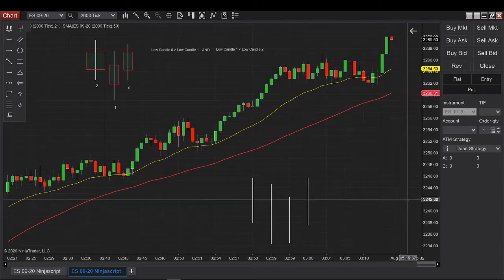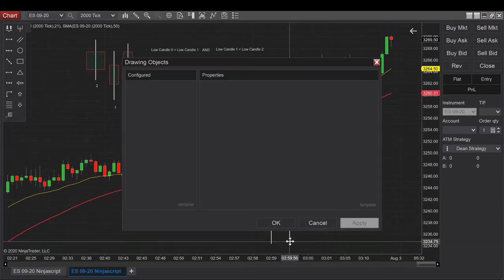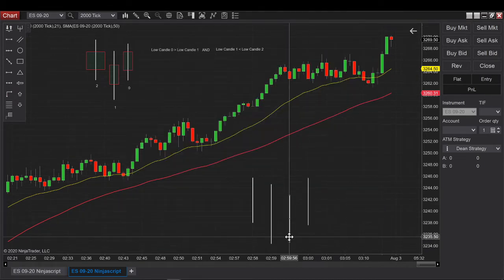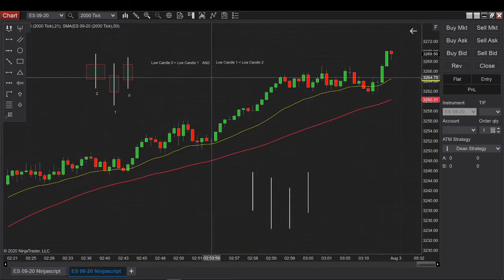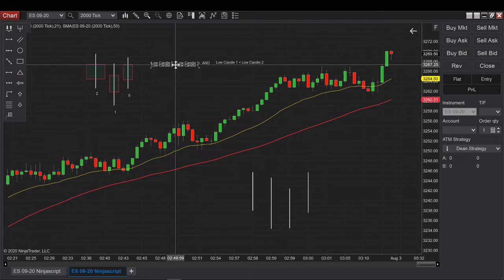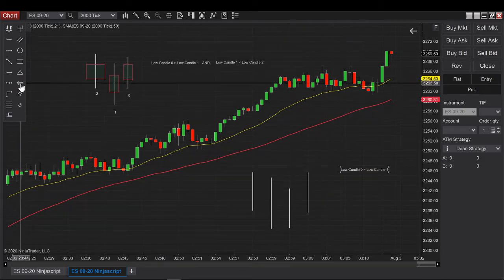This low is equal to this one. Is this a pivot or not? Yes. Why? Because the condition is still true. This will be candle 0, and this will be candle 1.